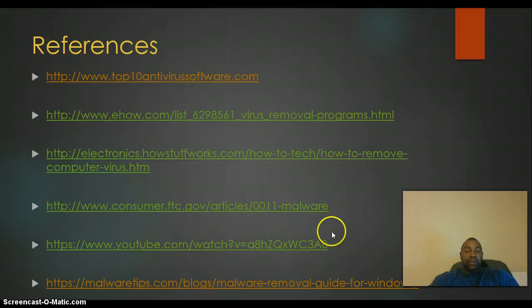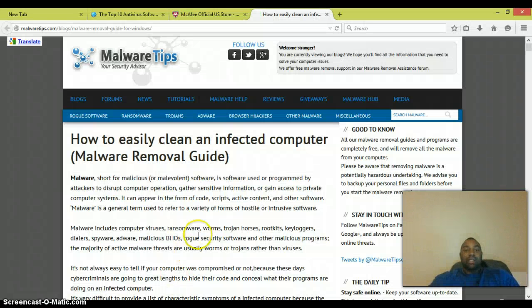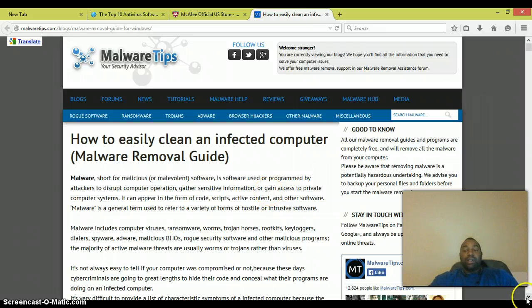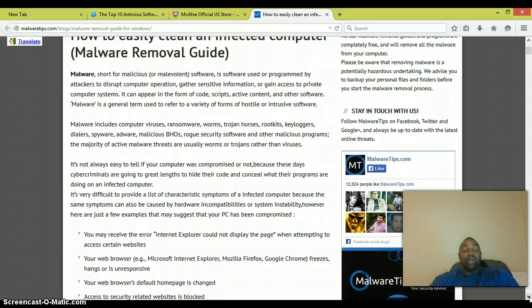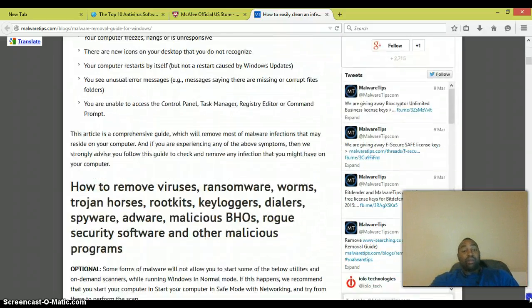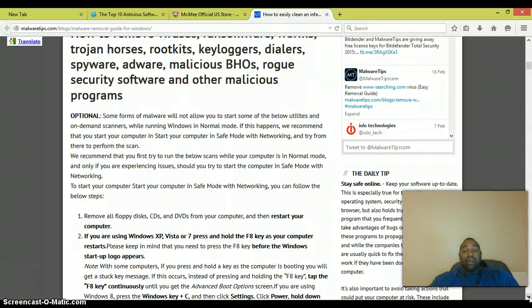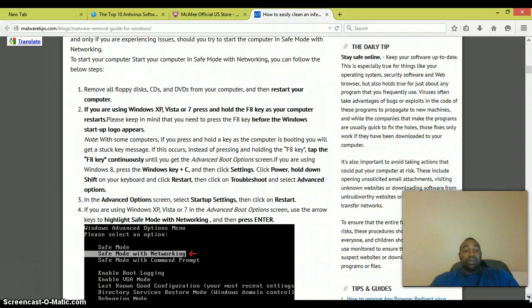Another link that I wanted to share was malwaretips.com. Basically, what this link does is show you a guide for removing malware from your computer. It'll take a little while to do it, but I think it's worth the effort instead of paying a lot of money up front to have it done for you when you can possibly do it yourself. What I like about it is it still takes you through step by step